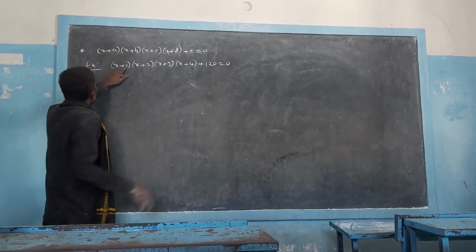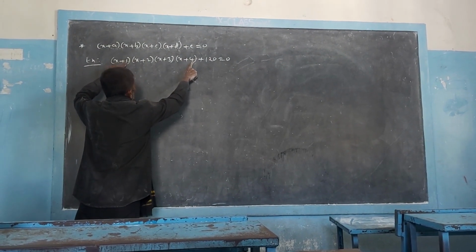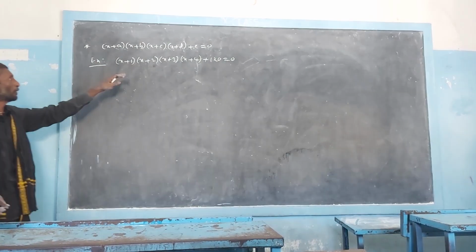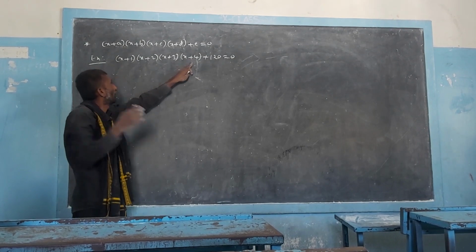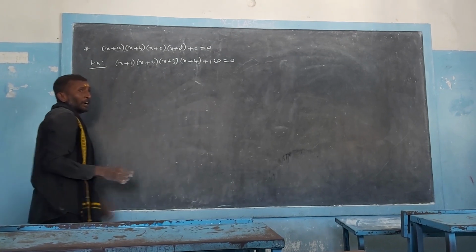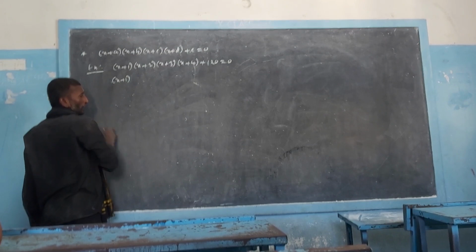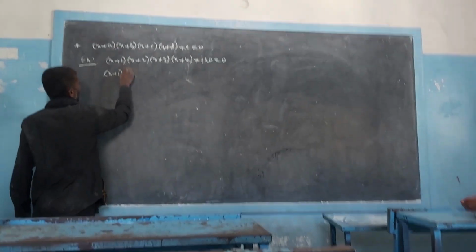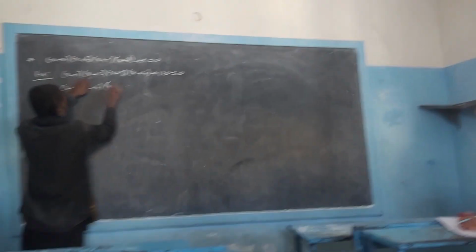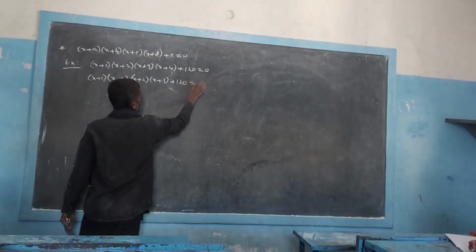It is here. Look here all of you. 1 plus 4 is 5. So the sum of the constants of the first one and the last one is 5. Here this is also 5, if I add only the constant terms of these other linear factors. So to solve this equation, you better rearrange the terms like this. First write the first factor along with the last: x plus 1 into x plus 4, into x plus 2 into x plus 3, plus 120 equals 0.